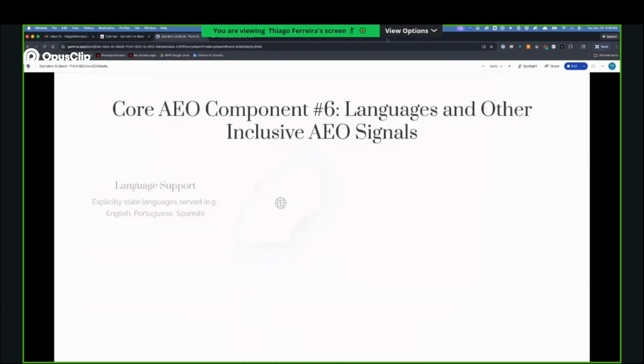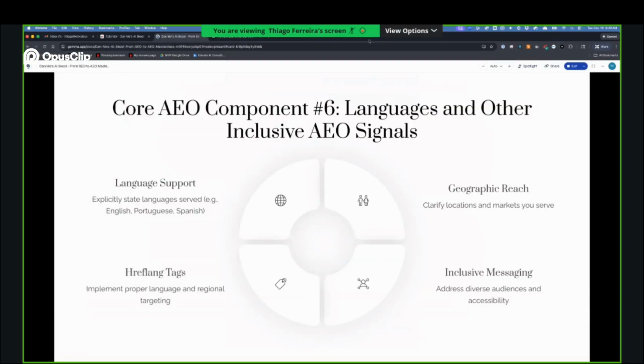And core component number 6 is inclusive signals: different languages that you may speak or service, your geographic reach, language tags, language support. All of these things, if you can add them to your website, essentially make it really clear about the type of inclusivity that your company can actually bring or service, I should say. So whether that means different languages, different diversity of clients, reaching out to specific niche groups. These are things that you want to be very specific about